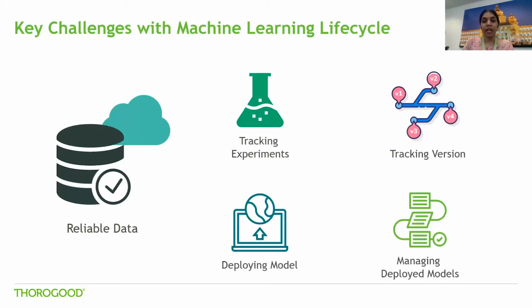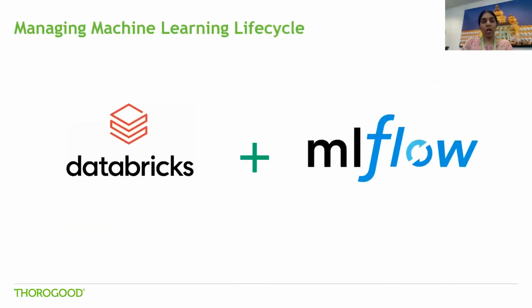Data science teams face challenges in how they manage model stages, from development to staging and finally to archiving or production, with respective versions, annotations, and history. Moreover, individual ML libraries provide solutions to some of these problems. For example, model serving. To get the best results, you usually want to try multiple ML libraries in your project. What we are going to look at now is how Databricks and MLflow combination can help us with efficiently managing